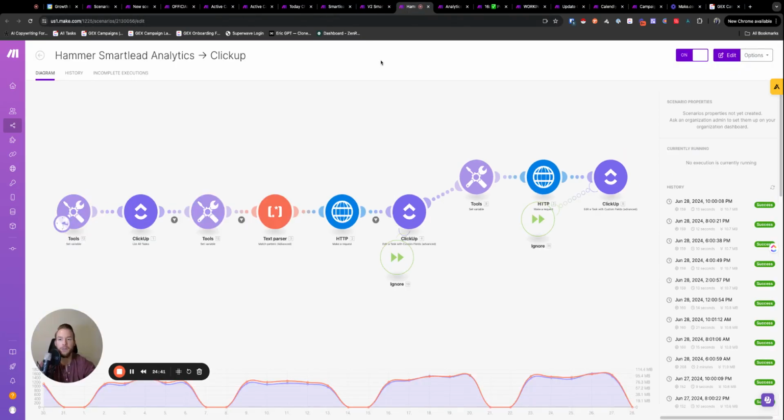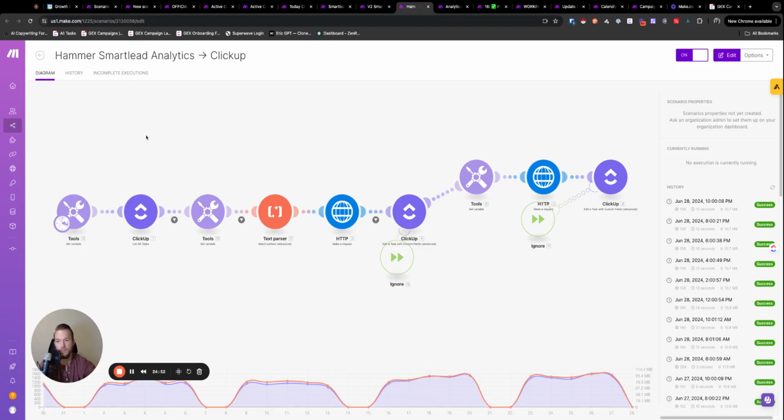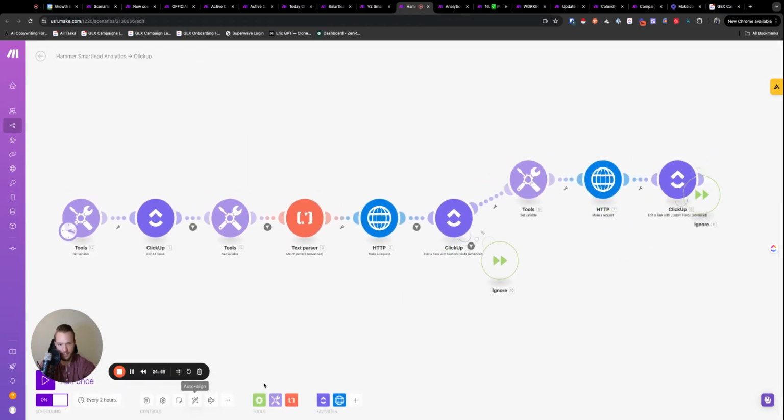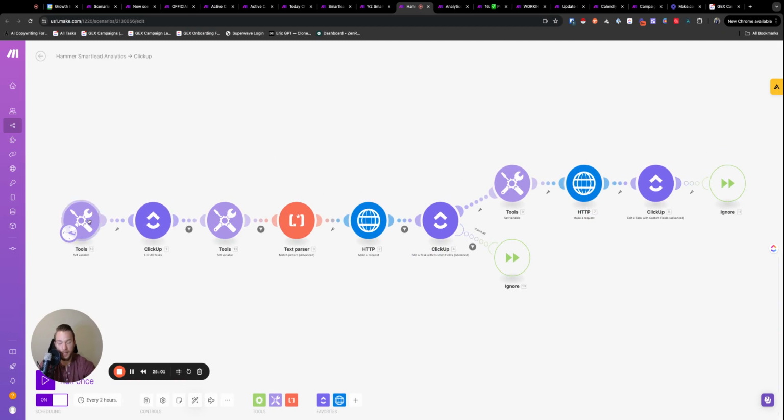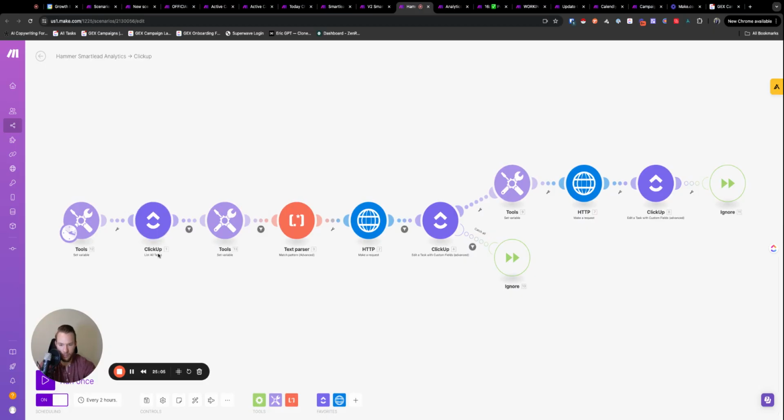Now, again, if we don't have the data, if this goes over 45 minutes to run, or the data from Smartlead had an error, we have this one where I call it Hammer Smartlead Analytics, just because, I don't know, this is just what I call it. And this is actually kind of a mess. What the heck? So now what we do here again is we set the variable for today, and then we list out all of the tasks, and then we want to find any task in the campaign